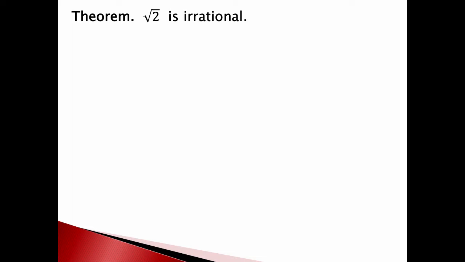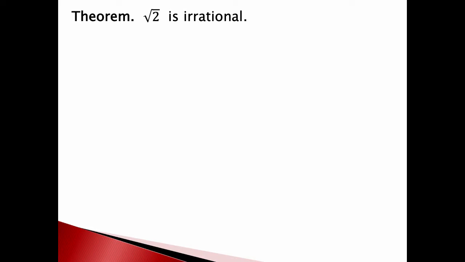So here's our theorem: the square root of 2 is an irrational number. Now, how do I know that the square root of 2 is a number? Well, I just talked about the Pythagoreans. The square root of 2 is the length of the hypotenuse of a right triangle where the base and the height are both 1. If you make one leg and one leg that are each 1 unit long, which is not hard to do with sticks and a string, then the hypotenuse will have to be the square root of 2.